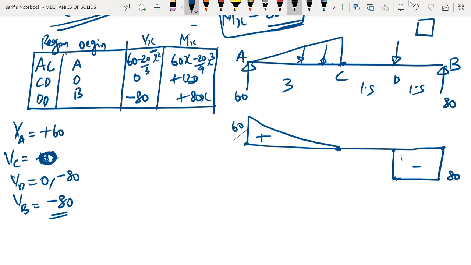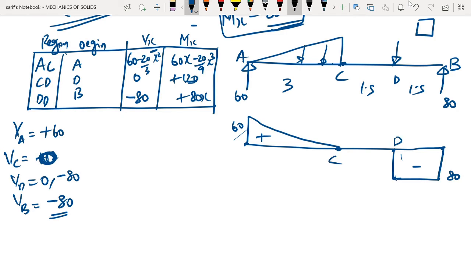Once again, if you look into the shear force diagram, what we can see is that the shear force is 0 in this particular region, and what that means is the maximum bending moment can be obtained in this region. Bending moment will be maximum at the point where the shear force is 0, so maximum bending moment can be obtained in this region. There is no other region where maximum bending moment is going to occur.